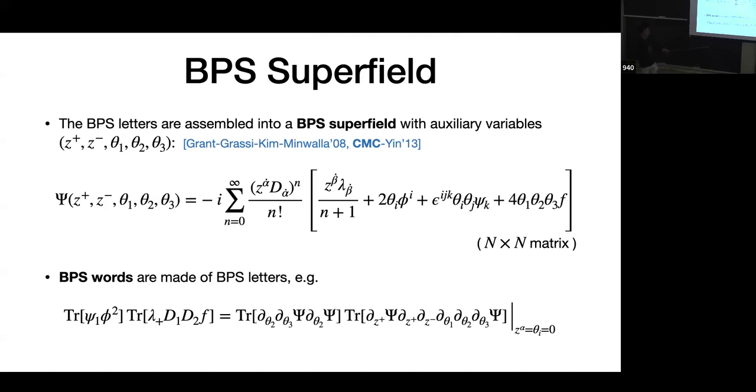First, by their transformation property, you can basically fix this form, but probably not these coefficients. And the coefficients are chosen such that you have a very simple Q action on the superfield. I will show you later.